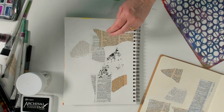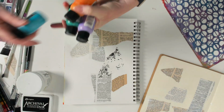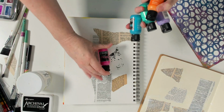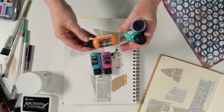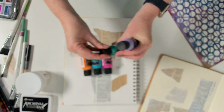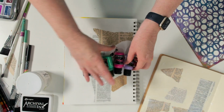Now I think we might work with... Go the purple, she says. Well, okay. So the colours I've got today are a nice bright pink, a bit of a tealy blue, an orange. Now when you're starting, colour theory can be really challenging, but I suggest that we consider whether